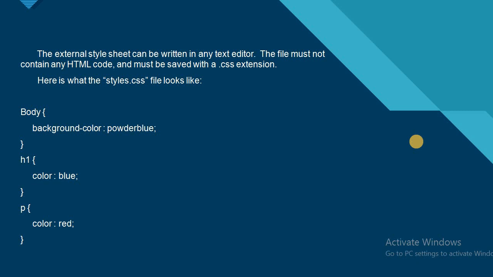Note it does not have any HTML code. It should just be saved with the extension .css. So the external style sheet can be written in any text editor. The file must not contain any HTML code and must be saved with the .css extension. So the style.css file looks like: body background color powder blue, and color blue, then paragraph color red. Now you can implement the link in our programs. So the output will be